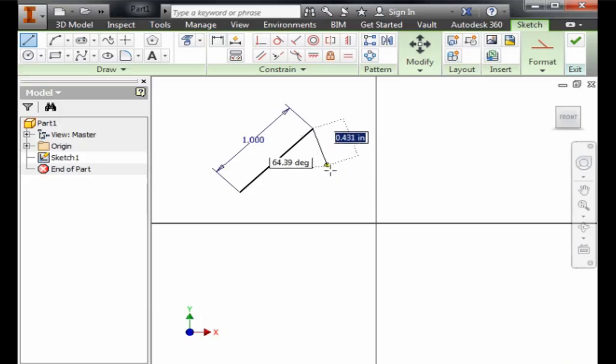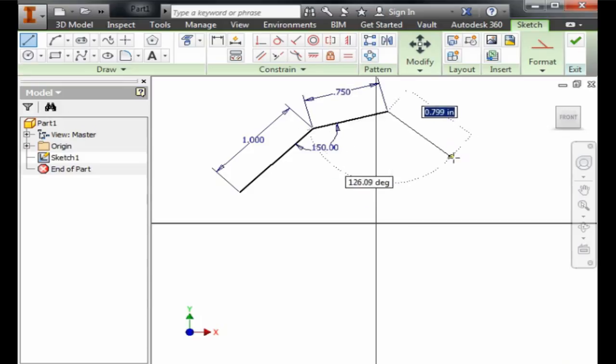When I do, Inventor adds the dimension and leaves the Line tool active so I can continue making a chain of lines. This is convenient because often you'll be using the Line tool to create several segments that will eventually form a closed profile. For the next segment, I'll type in the length, and if you also have a specific angle value, you can press the Tab key to switch over to the other value. Type in the angle you want, and when I press Enter on the keyboard, Inventor places the line with both